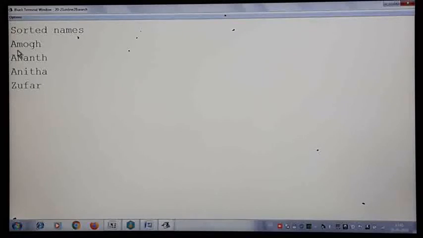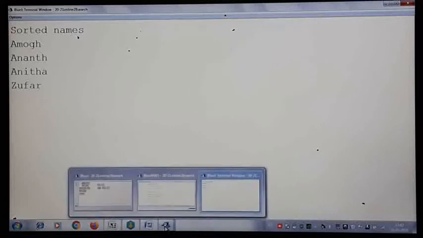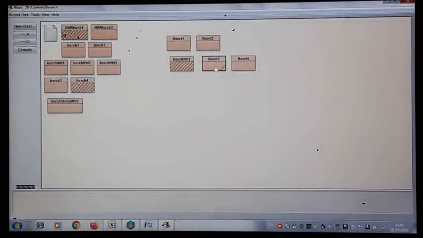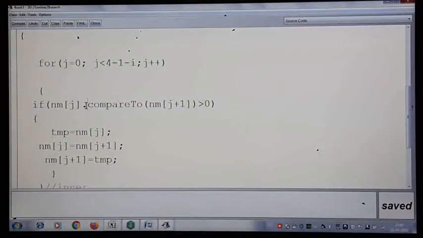Similarly here also, alphabetical order: M, then N will come. So the same dictionary order, you have sorted the list. So this is how sorting for strings works, where we are making use of the compareTo command. I hope with this example you are able to understand even better how exactly the compareTo